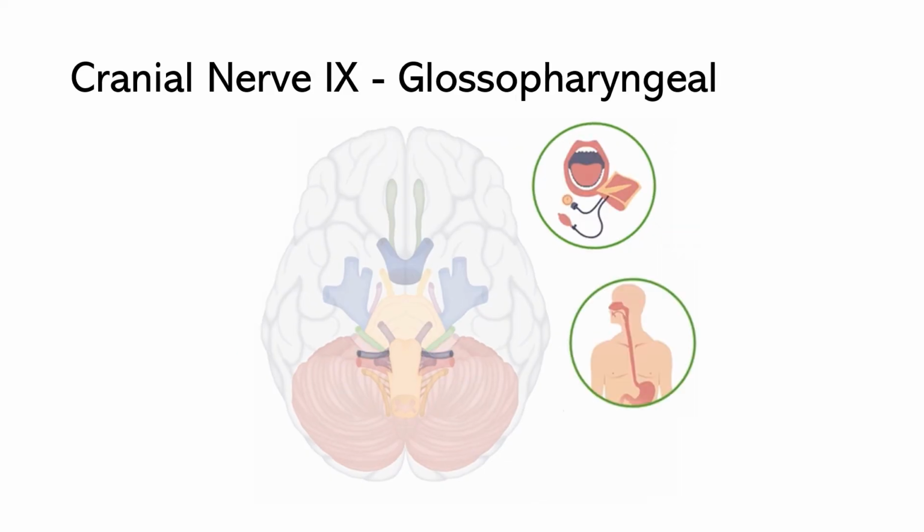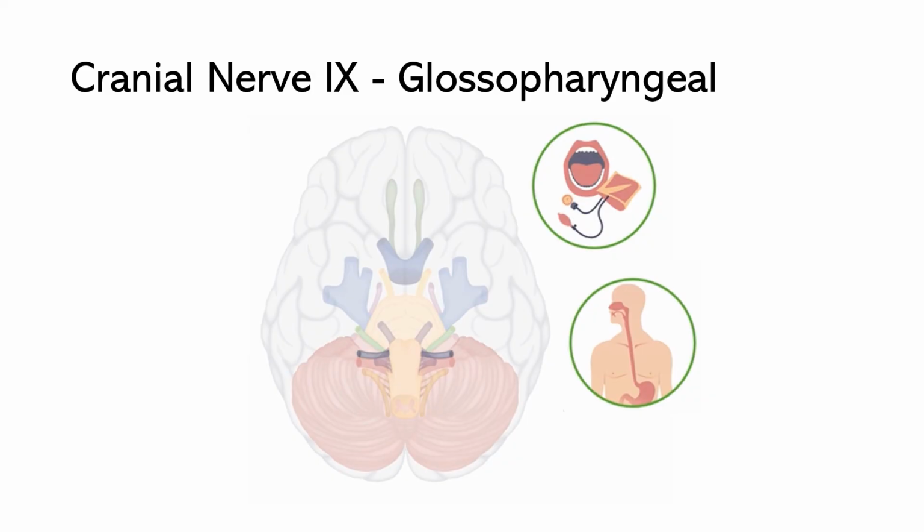Cranial nerve 9 is our glossopharyngeal nerve. This also is a mixed nerve that has both sensory and motor areas. The sensory nerves are going to be responsible for taste, swallowing, proprioception, understanding where an object is in your mouth as you're swallowing it. And it's also going to monitor our blood pressure, oxygen, and carbon dioxide levels in the